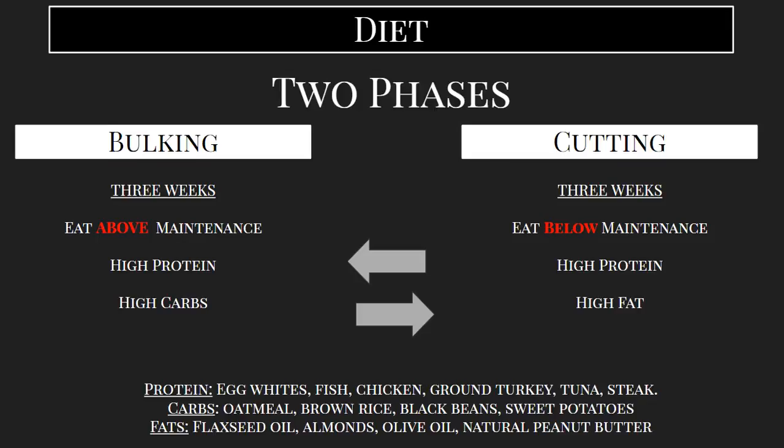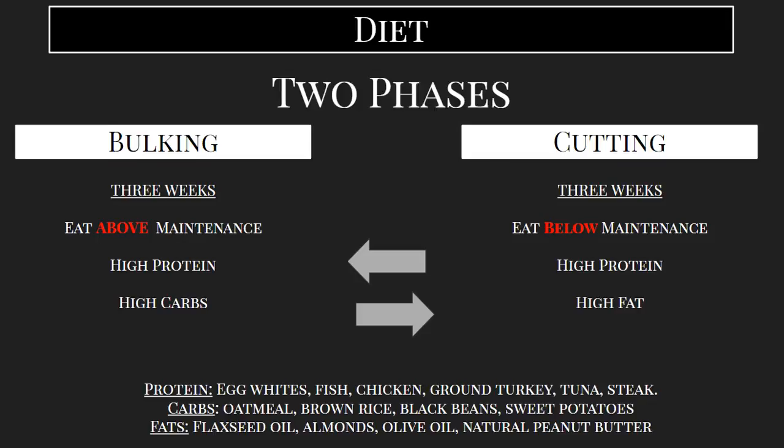All right, so the type of diet that's going to achieve this physique is an alternation between bulking and cutting phases, right? So during the bulking phase, we're going to be primarily focused on adding muscle mass, maintaining any muscle mass we have, and just feeding our muscles as we lift and do cardio and expend all this energy. We want to provide an excess amount of food so that our muscles are able to repair and get bigger and stronger. So eating above maintenance is number one.